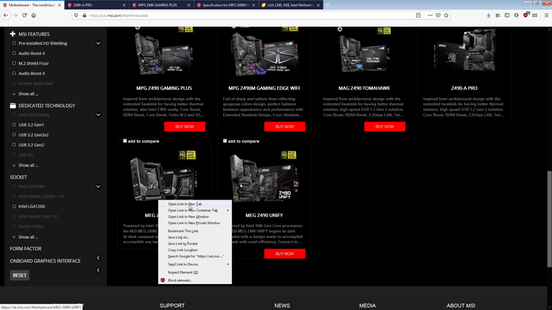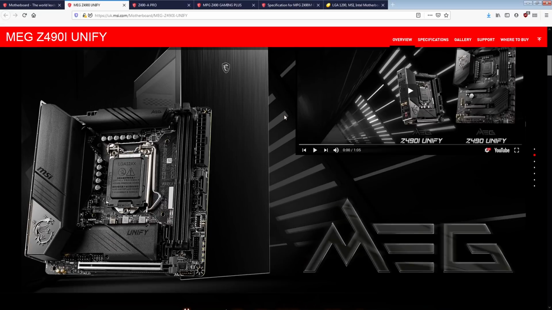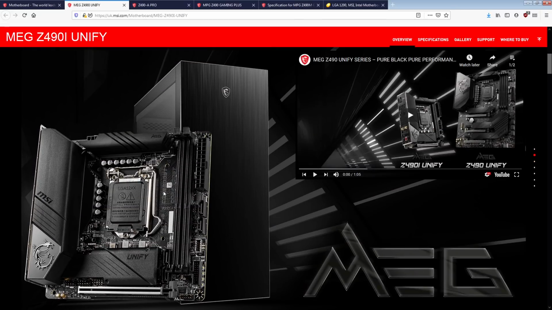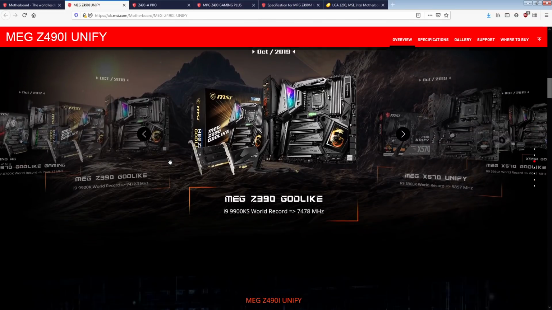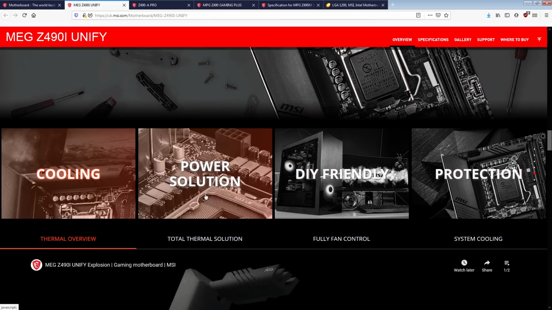So I guess let's take a look at the ITX Unify at this point. And this thing's really cool. This thing is really, really cool. Out of the ITX boards in terms of power delivery, this one's the one with the least SMD capacitors for the V-Core VRM. At the same time, it has basically the same power delivery as most of the other high-end ITX boards. So we're looking at